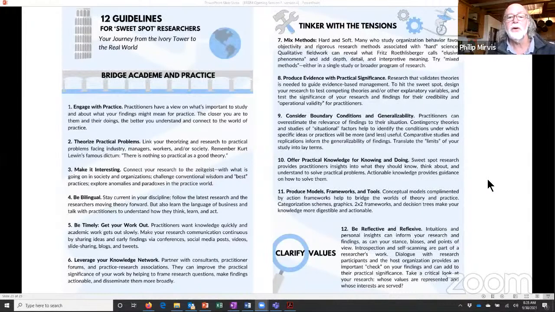I know that you do want to do a close reading of the literature, find a hole, et cetera, but then the important question is, well, who cares about what this hole looks like, and what does it look like in the practical world? How would it translate into a network of interest, or how would it translate into a problem of an organization trying to adapt to challenges associated with Me Too or Black Lives Matter, or something that is really top of mind for practitioners? And it's that interweaving of the theory and practice that's critical. But I always start with a practical problem. The second one is to be bilingual.